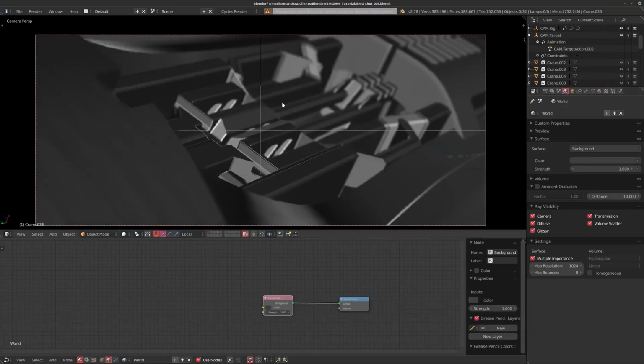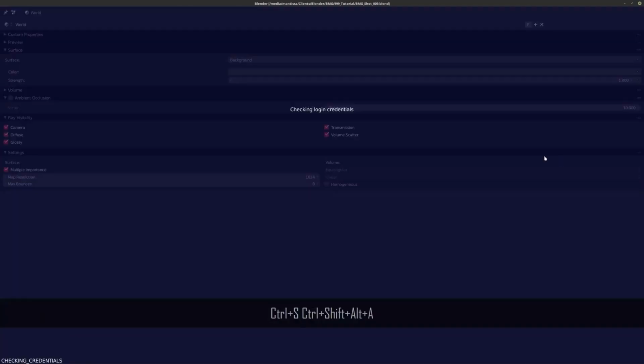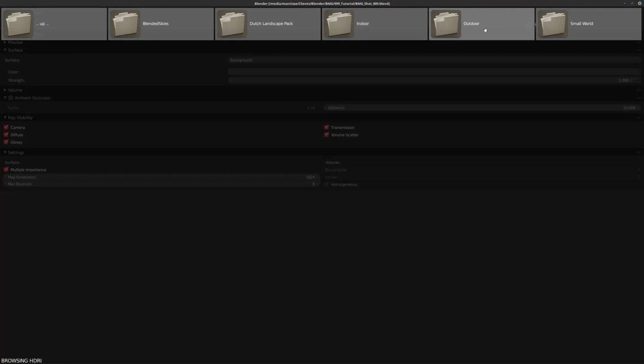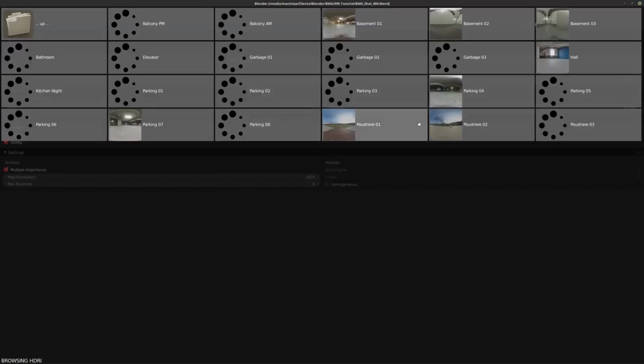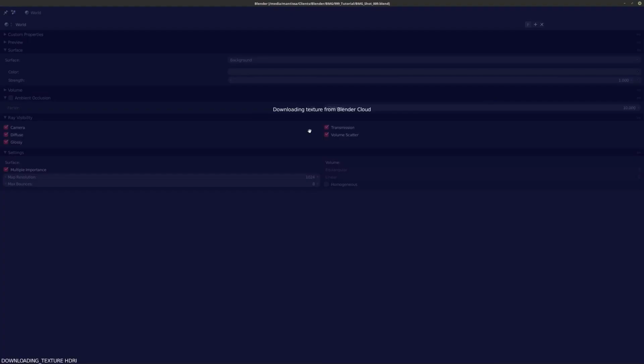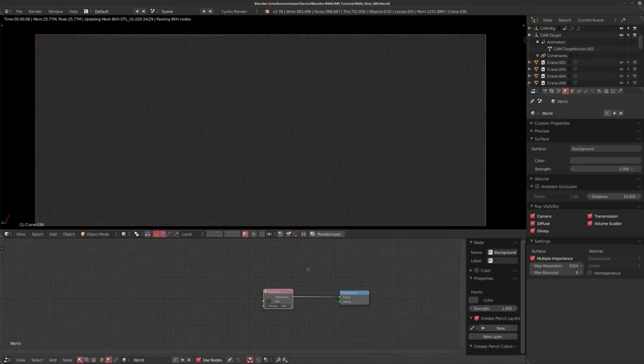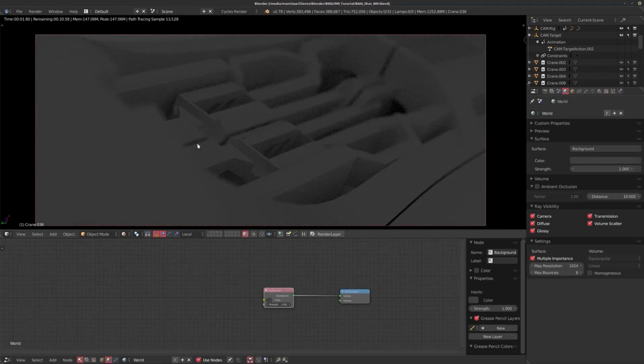I'm actually going to save this file. There we go. Hit the Blender Cloud add-on, and I'm just going to grab a random one. Let's say this parking one, for example. So you can do this by just loading in an HDR manually. Doesn't really make a difference. So with that loaded in, if I hit Shift Z now, I like to be looking at my rendered view almost at all times to make sure that it looks correct.